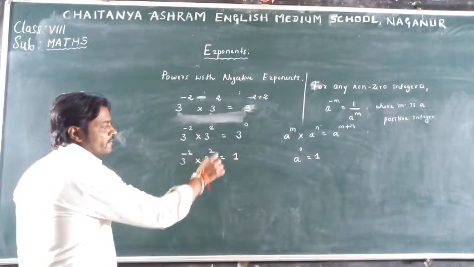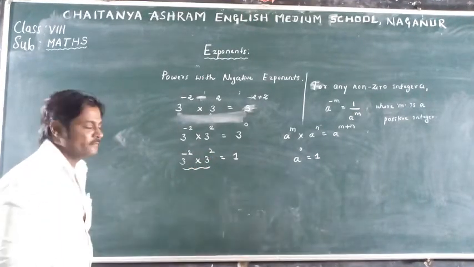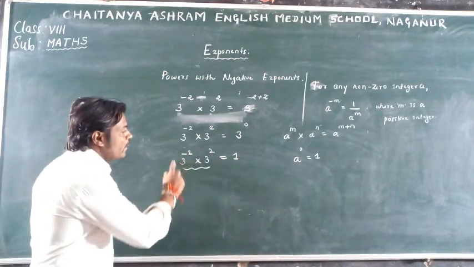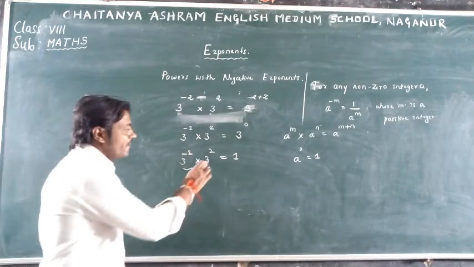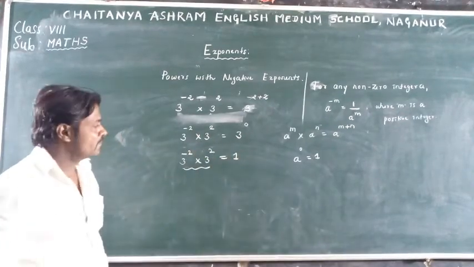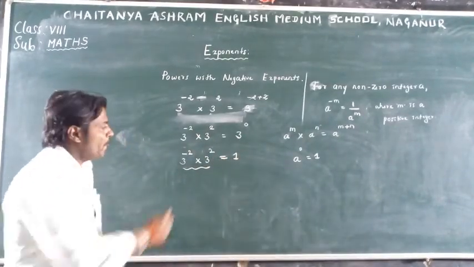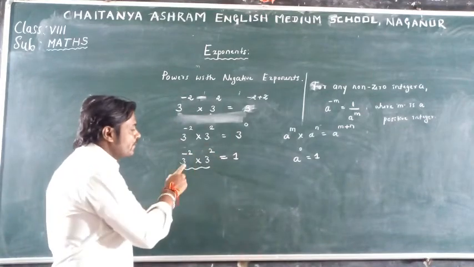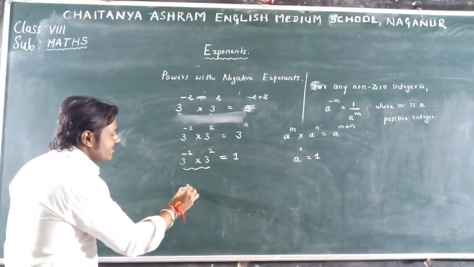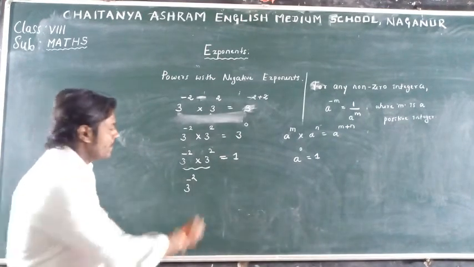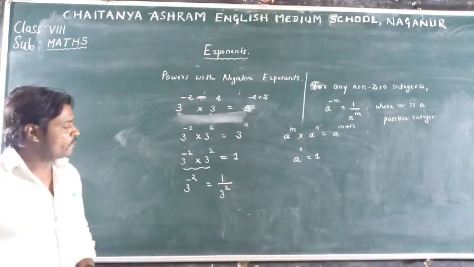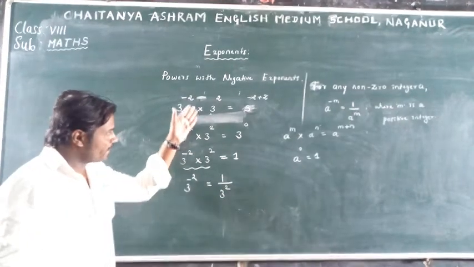Now here is this product, and here is an equality sign. We want the value of this negative exponent, so shift the one with the positive exponent to the other side of the equality. When a term is connected multiplicatively, if it is shifted to the other side, it becomes division. That is, 3 raised to the power minus 2 is equal to 1 divided by 3 raised to the power 2.